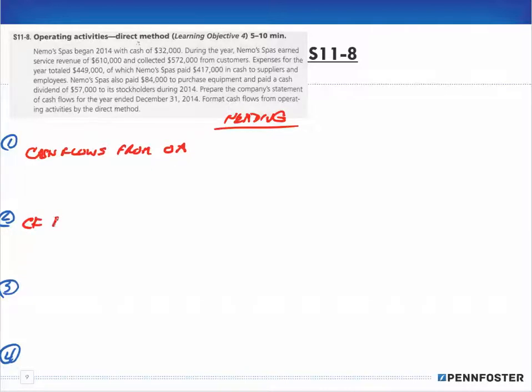Cash flows from investing activities, cash flows from financing activities, and then I'm going to have my net increase in cash. And again, most textbooks will give you problems where you're always going to have an increase,